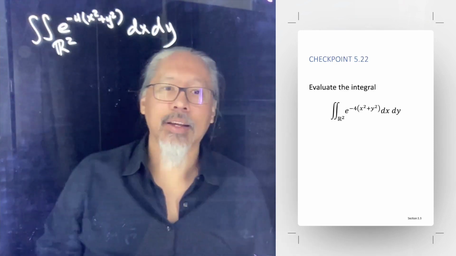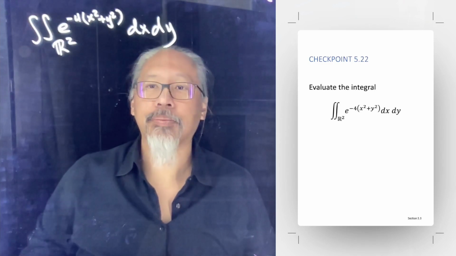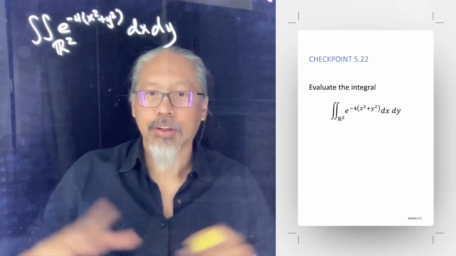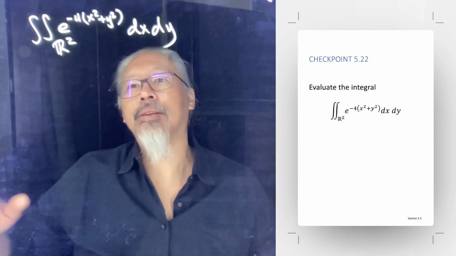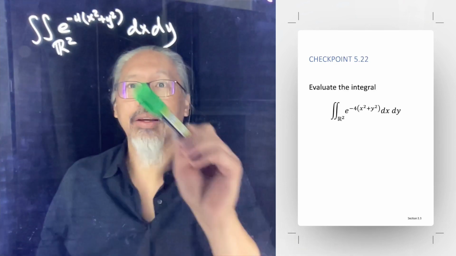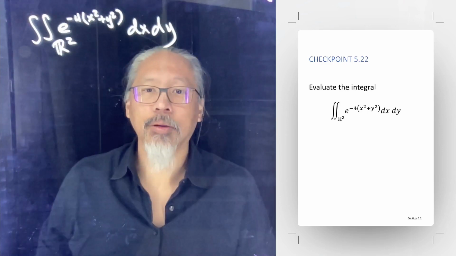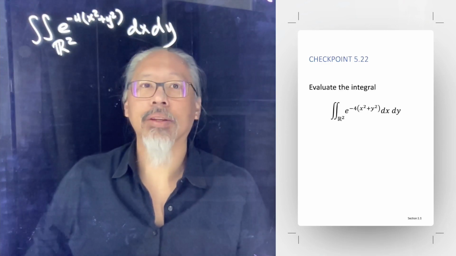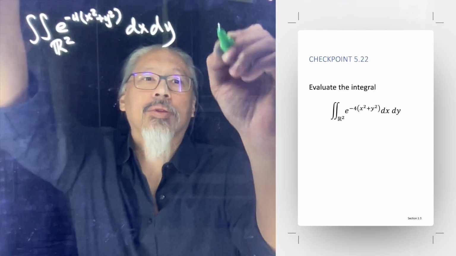Alright, this looks like it's going to be an improper integral because you're going to cover the infinite plane. And the key to look at is that, hey, this is an x squared plus y squared, so it might be a good idea to go into polar coordinates. So imagine in polar coordinates,